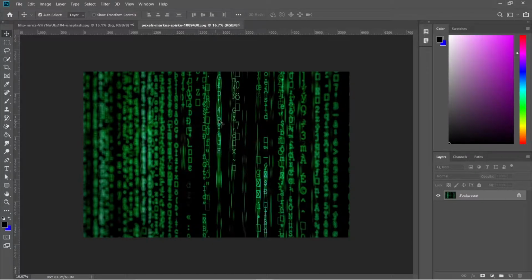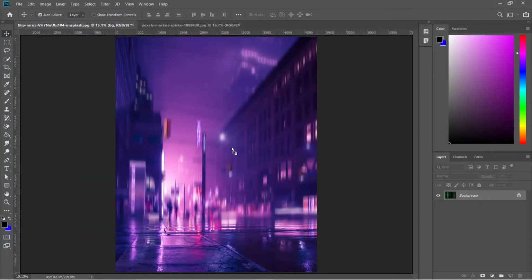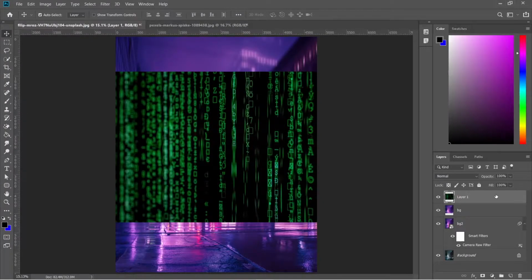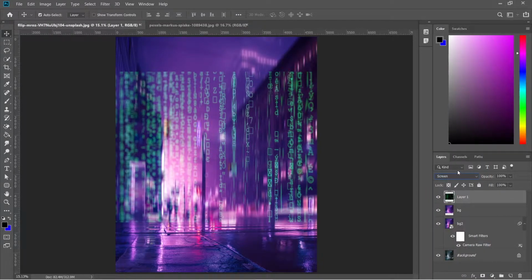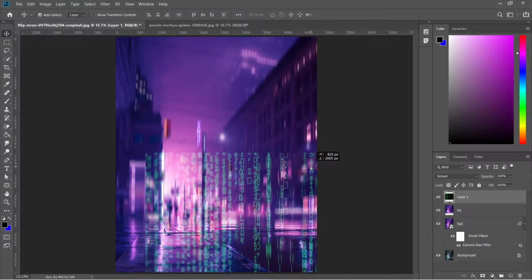Drag the image in our file. Change the blend mode to screen. And let's place this around this building. So I'm gonna name it Technology because all these characters are like technology type.